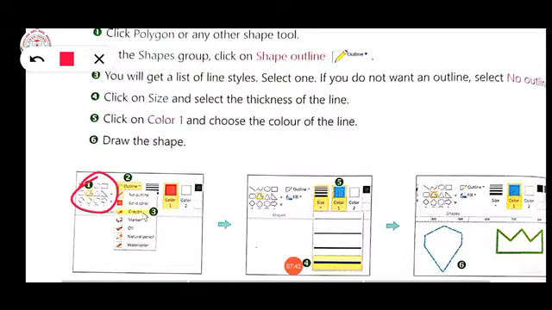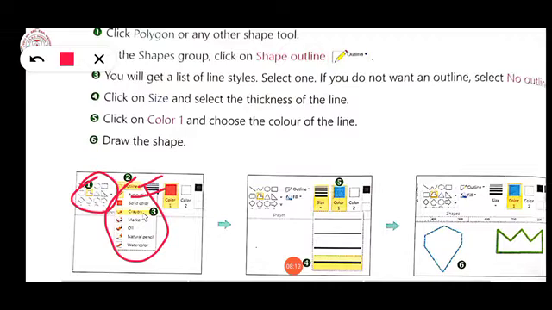After that, in the shape group, click on shape outline. The shape group is given, the outline is here. You click on that and you will get a list of line styles. Whatever you want to select, you can select one. And if you don't want any outline, you can select no outline.